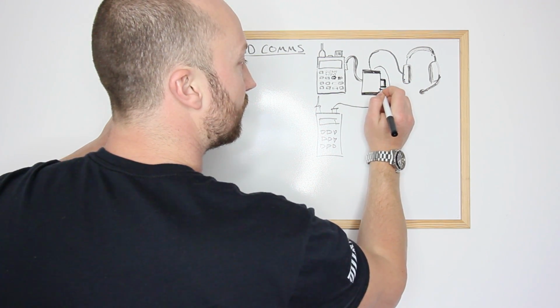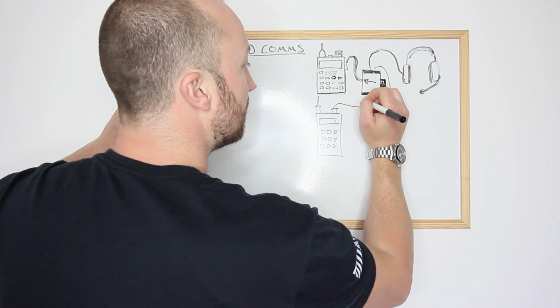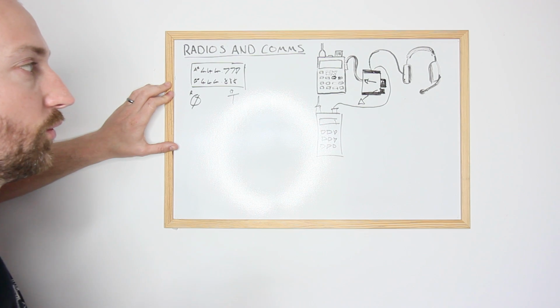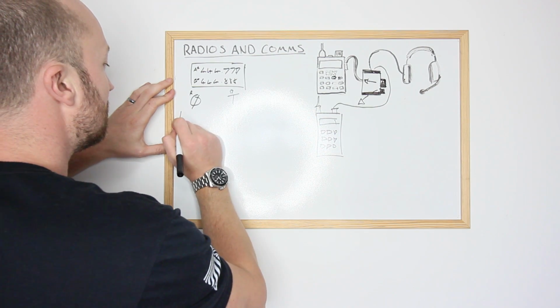If you have one with two PTT buttons, one would be allocated to the team and one would be allocated to zero. Not everyone has this set up, so one thing that you can do is just run the handset on its own. One thing to be very clear of when you are speaking to zero,